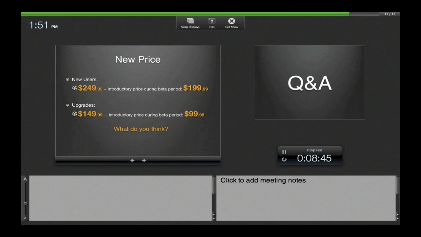So, upgrades. If you have purchased Kwik in the past, you're going to be able to upgrade it for $150. But for the introductory price, it's going to be $100. If you were the one that purchased Kwik at $80, it's still a deal compared to a fully new version. And if you were one of the ones who purchased with the discount that we had last month, it's going to be less than $150.